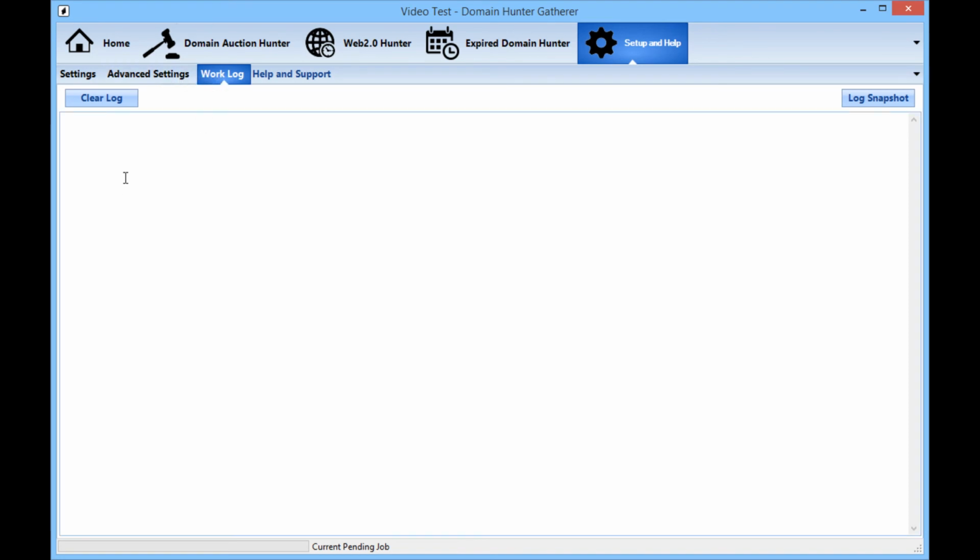Here we have the work log. Some information about what's happening while the tool's running will be posted to the work log, so you can see that here. But generally each job will have its own information shown to the user while it's performing anyway, so that may not be necessary. And lastly, for this video we have the help and support